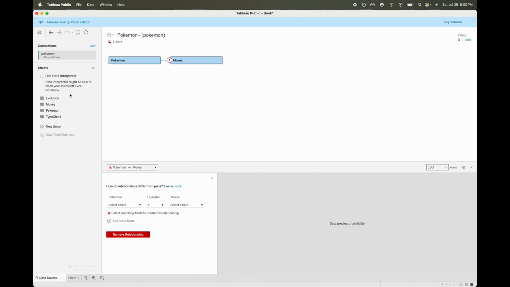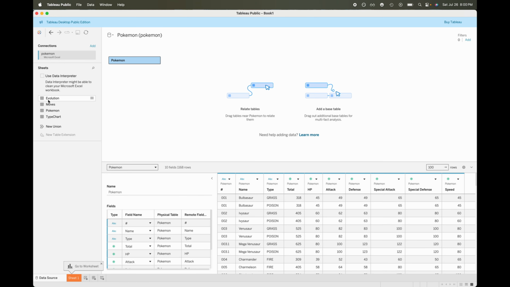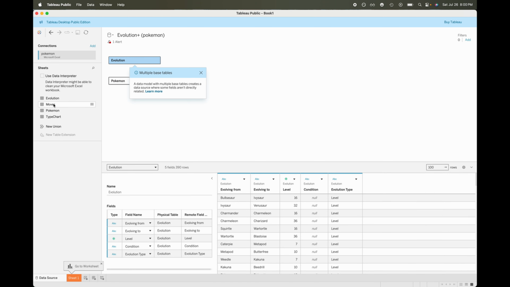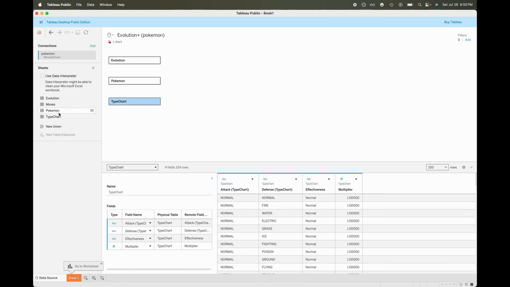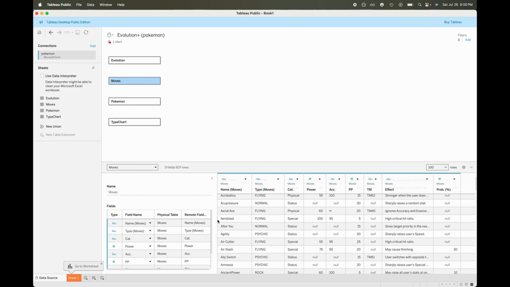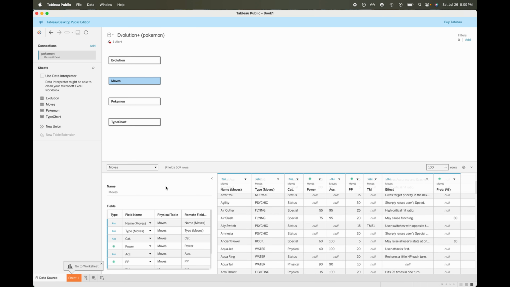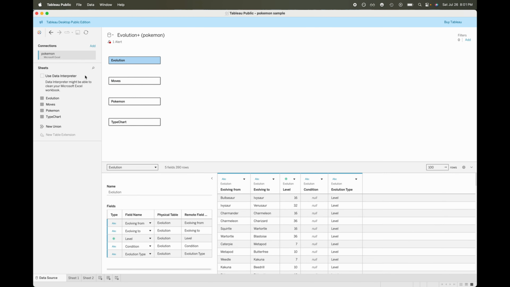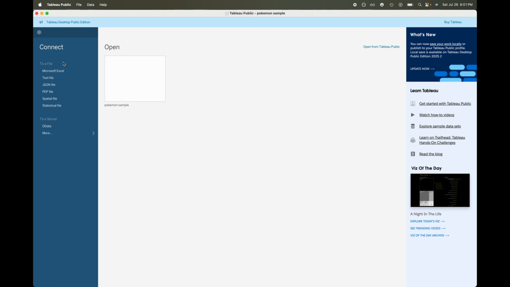tables in here. So I am going to, I don't want this relationship here, remove relationship. So I am just going to add in different tables. Okay, and another one. And moves. So now that we have our tables in here, we can go ahead and then start to visualize our data set in different ways. I'm going to save this real quick. All right, now that I have saved this,